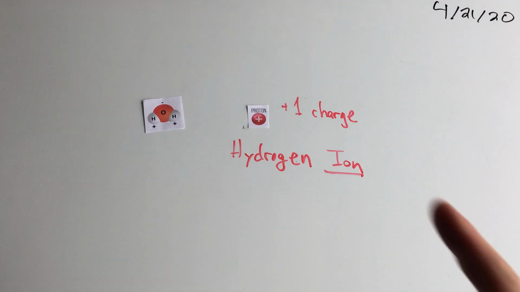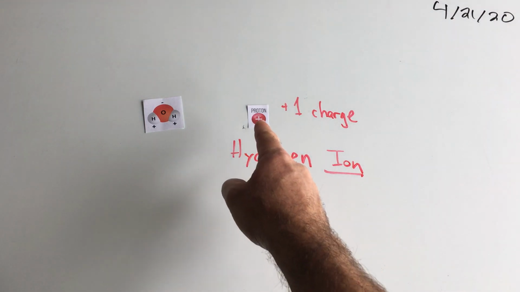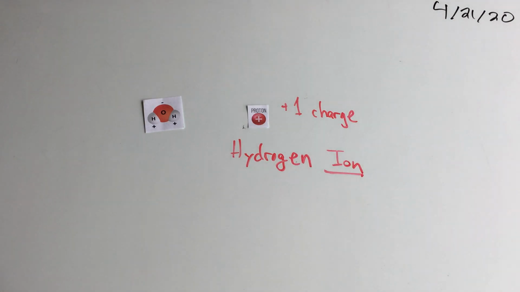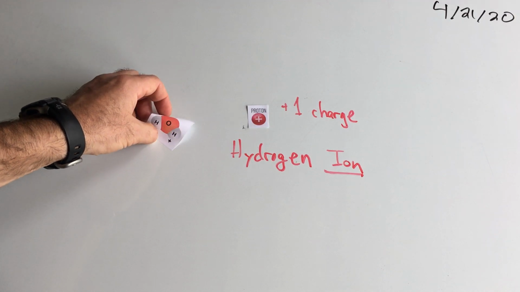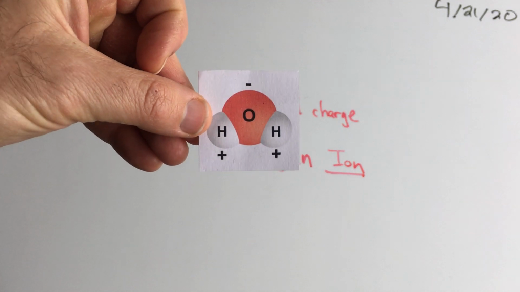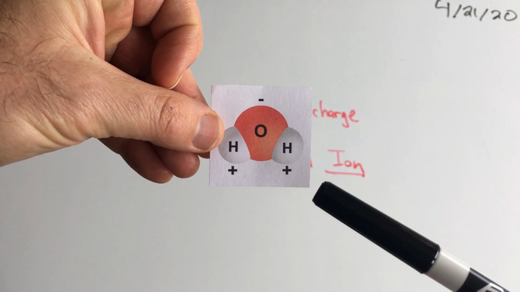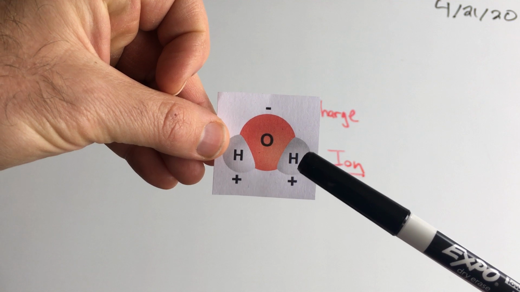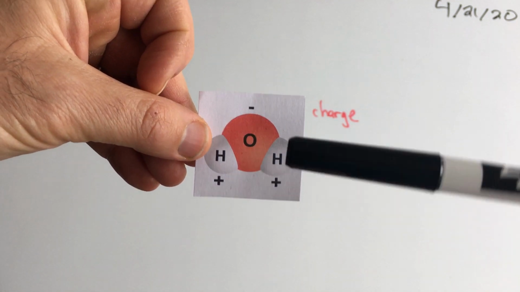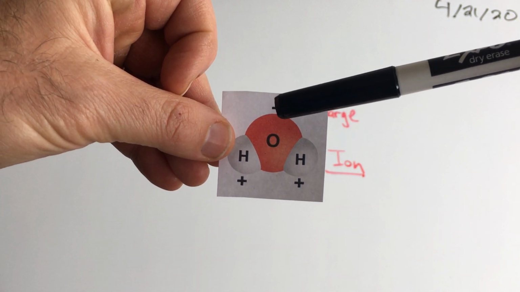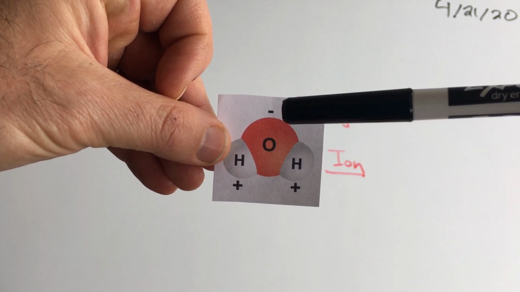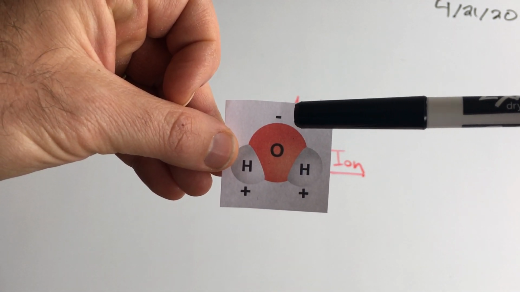So now I have a hydrogen atom, and I know it's a hydrogen because it only has one proton, but it has a charge. Aha. Hey, doesn't water have a charge? If I remember correctly, it is a polar molecule, which means that one end is positively charged because hydrogen is showing. And oxygen is negatively charged. So the electrons spend less time down here, more time up here. And if you have more electrons up here, you get a relative negative charge.